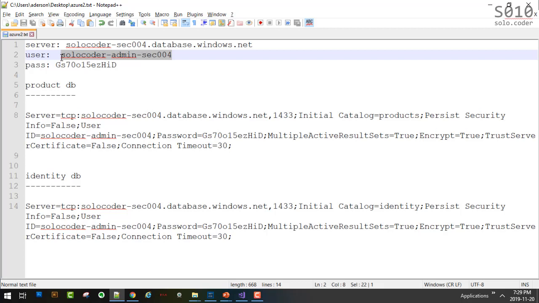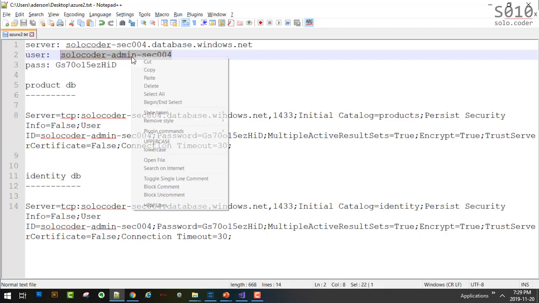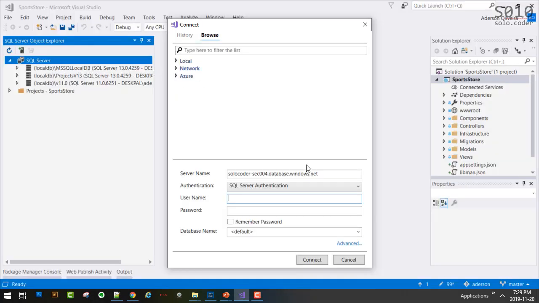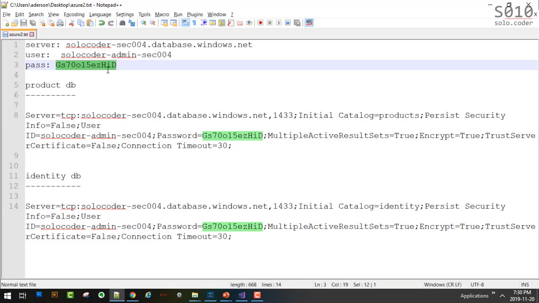Again, the user that we have created is the same user that is being used here for the user ID and the password, okay? So it's the same one here. And the password is there as well.